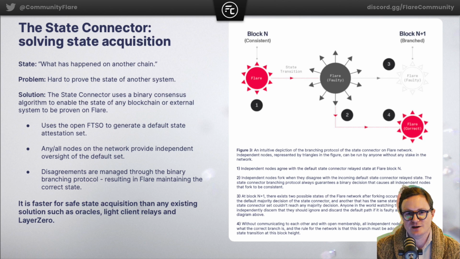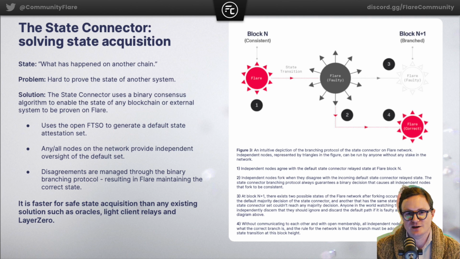The state connector is Flare's oracle for getting the state of any other system, whether that be a blockchain or a database. And it's really unlike anything else that's been built before. So it's the first real oracle with a real consensus protocol integrated. And I won't go too deeply on this because we have a great presentation from Xavi and a demo from Luca coming up.